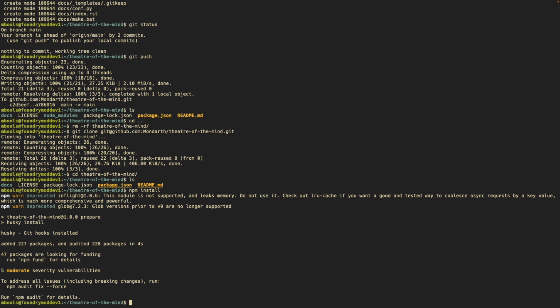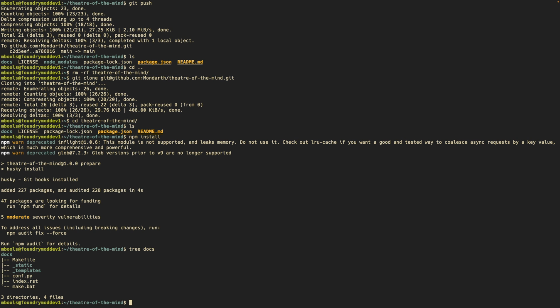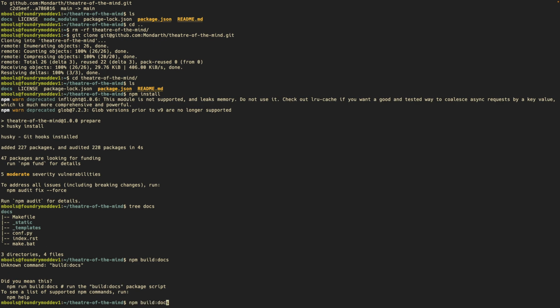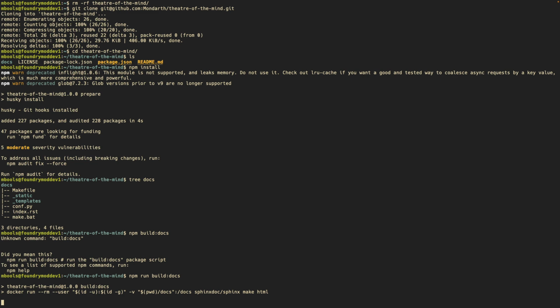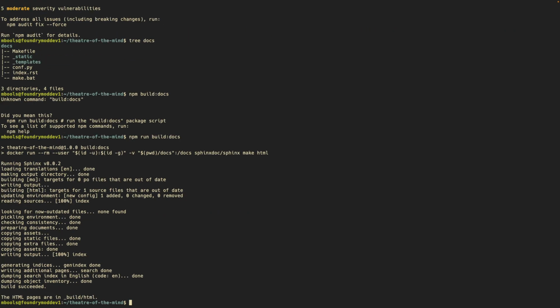It was much quicker because, of course, it's using the globally cached set of files. But if I just look at the docs, obviously all the build stuff will have gone, and there's no build directory. But if I now do npm build docs, oh, I didn't type run because I'm an idiot. Okay, and so now